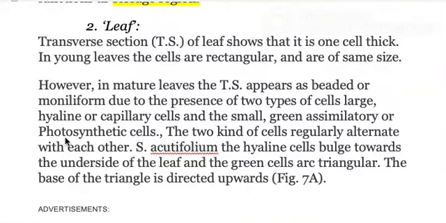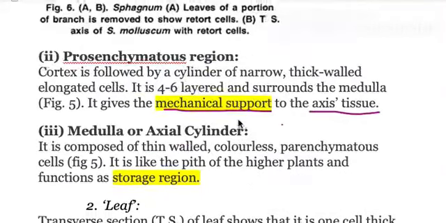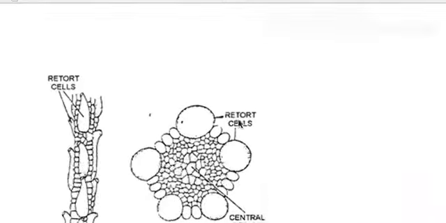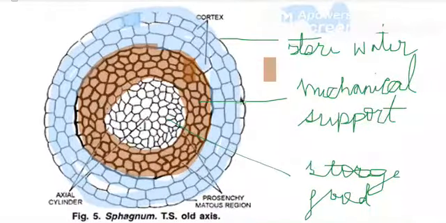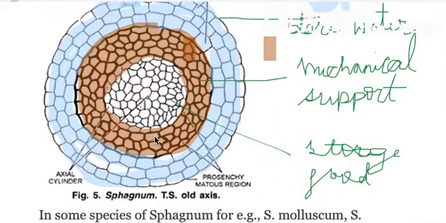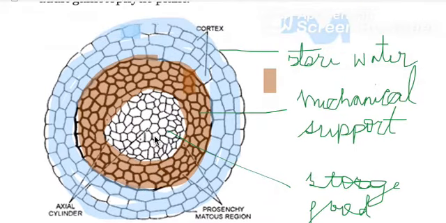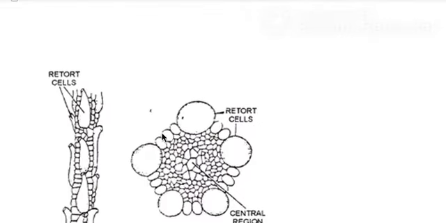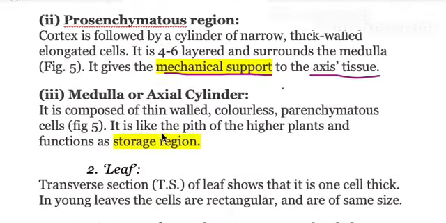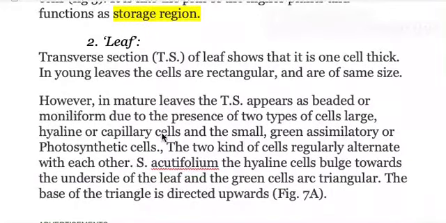Okay, so we have talked about the internal structure of the axis of the sphagnum stem. It is made up of the cortex, the prosenchymatous layer, and the inner medullary region, right? So we are going to go now to the next part of the internal structure, which is the transverse section